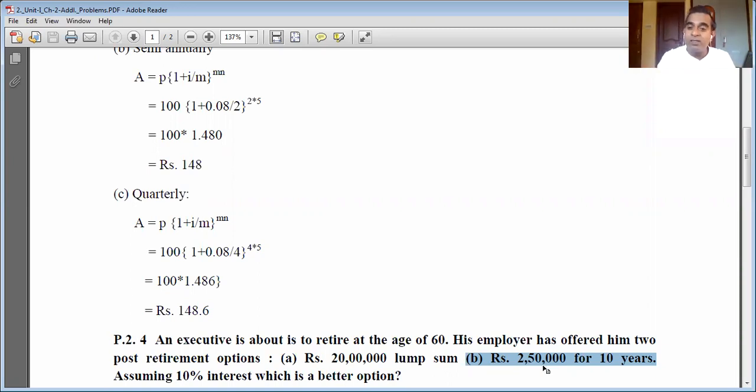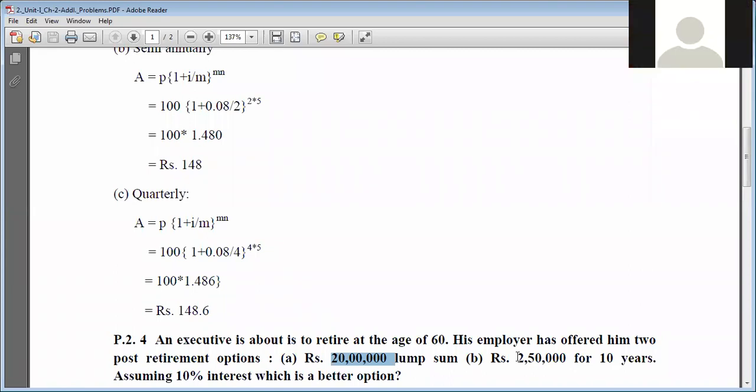So you need to convert this future value to present value so that you can compare its value with 20 lakh rupees. And 2,50,000 rupees each year, is it a single cash flow, annuity, or perpetuity? Which option is it? Annuity, very good, because it has a definite time period, only 10 years, and each year the amount is the same. An annuity is a stream of equal annual cash flows for a definite period.